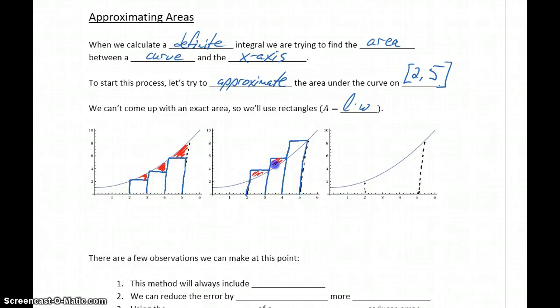We're including some areas that shouldn't be in our calculations. So with the left endpoint and right endpoint, we're always going to end up with a little bit of an over approximation, a little bit of an under approximation. But again, using more subintervals is leading to a better approximation